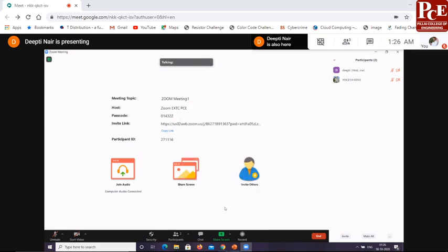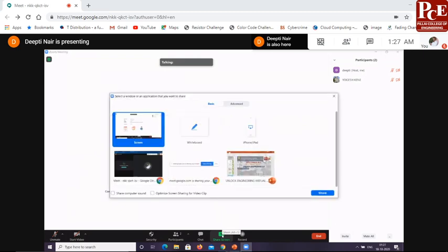Now, the next very important feature is share screen. If you want to share some document, your presentation or some YouTube video, you have to go to share screen. It is always a good practice that before you share your screen, whatever document you want to present, you open it and keep it so that it will be easier for you to select that.